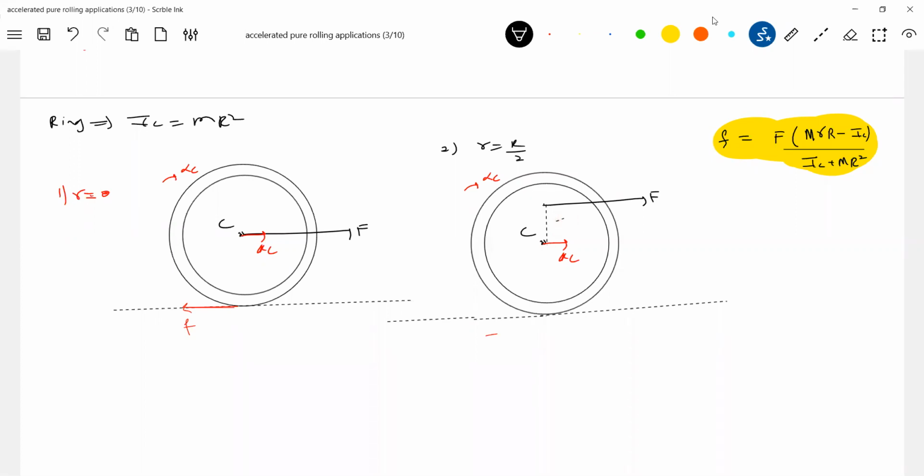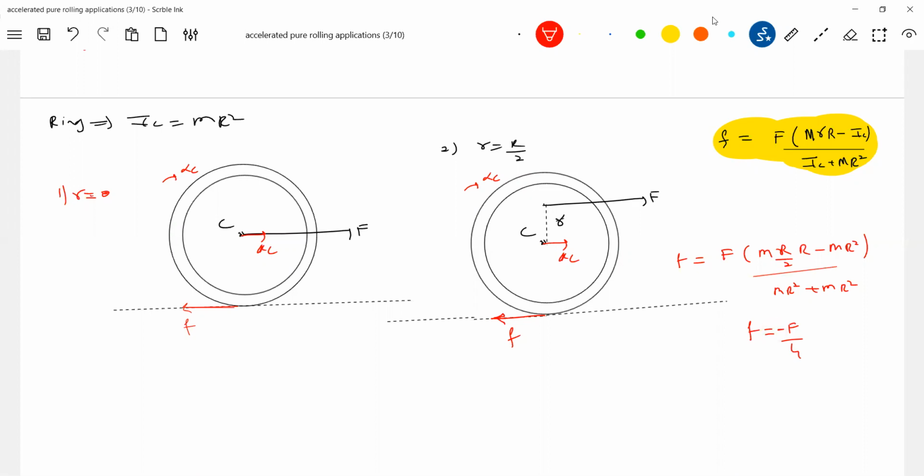The friction will still be acting backward only. Who will decide? You look at this particular thing. So how much friction force, that also we can predict here. The friction will still act backward only. Then can we calculate how much that friction force is, according to the formula? Capital F, M R by 2, R for the moment of inertia of the ring MR square, plus MR square. Tell me now how much it is. F by 4. And we got negative, no?